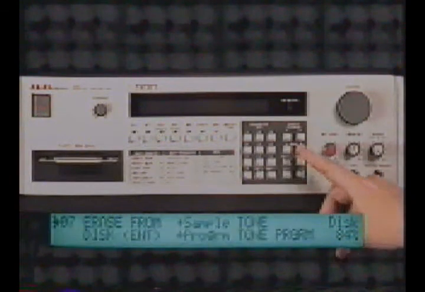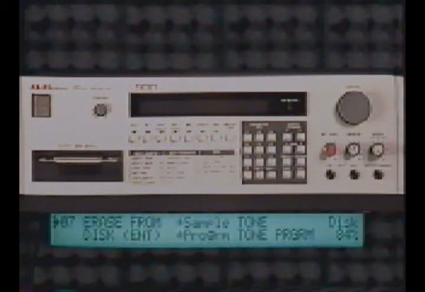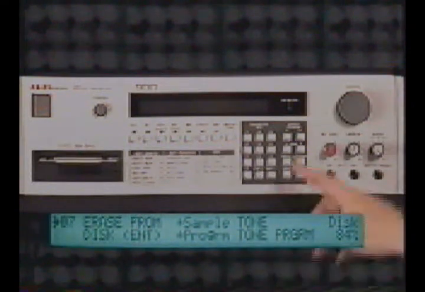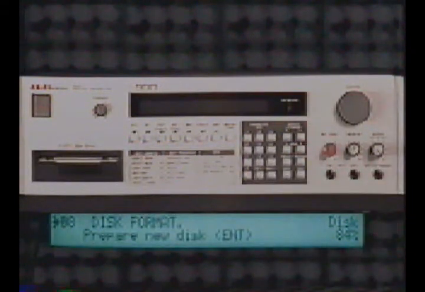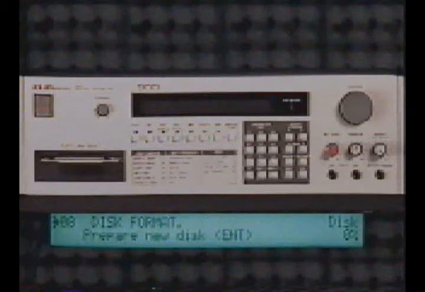Page 7. Page 7 is your disk erasure function, which lets you erase either individual samples or complete programs. Make your change with the magic cursor and press enter. On to page 8. Before saving any information to the 3.5-inch double-sided, double-density disk, it must be formatted by the S-900. Simply press enter,